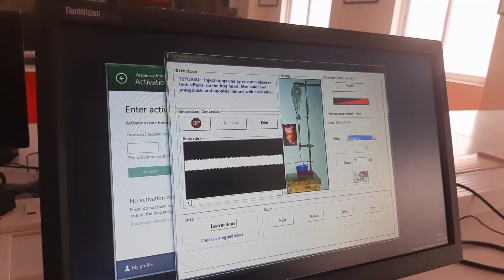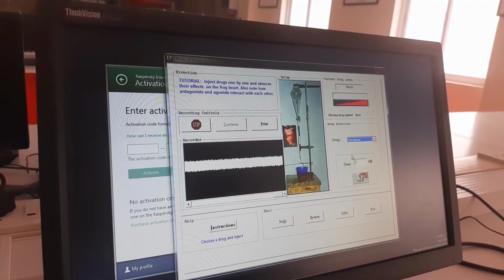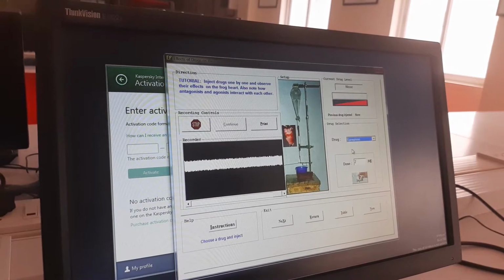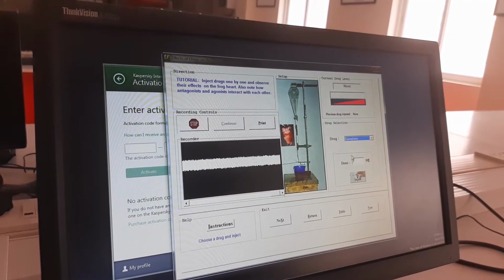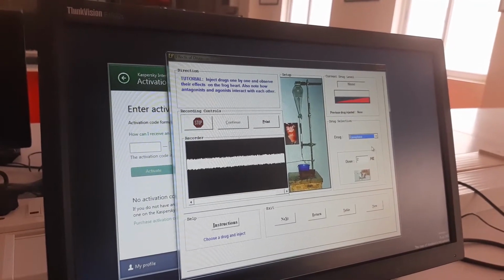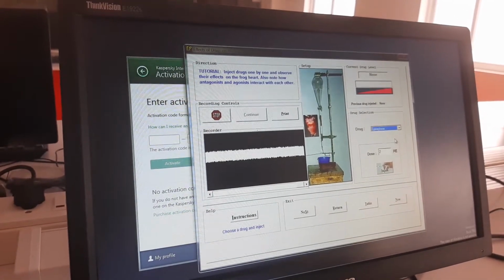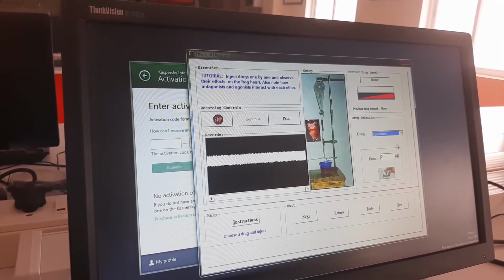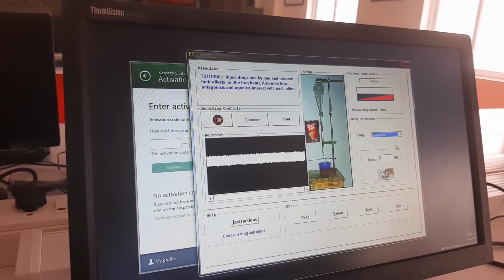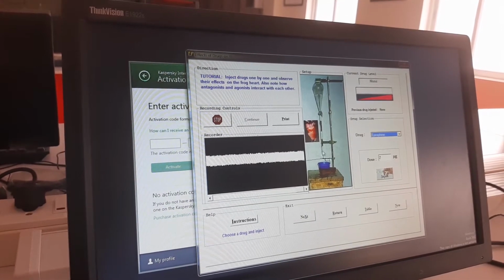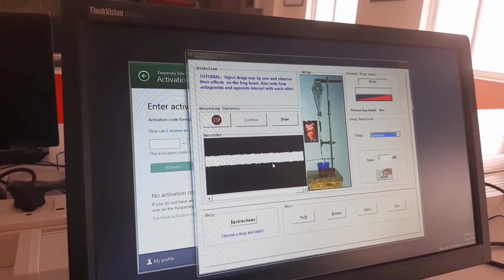You are supposed to inject the drug and note your observation. The main thing is don't inject two drugs simultaneously. You have to watch till the action of the drug vanishes, and once the baseline comes, again you have to inject the drug. So this is our baseline parameter.